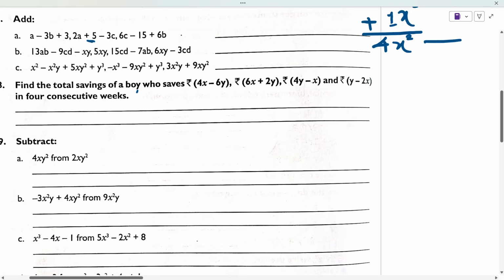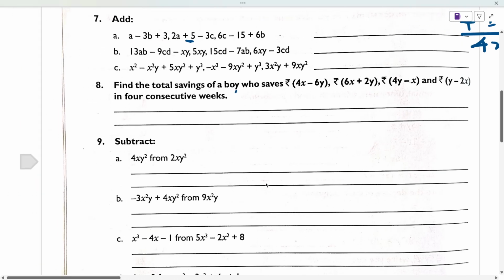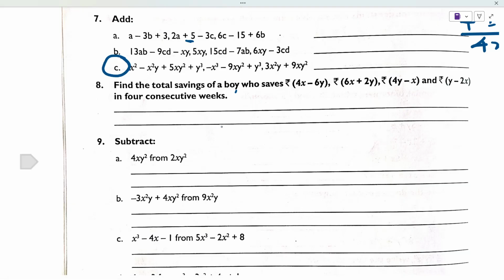So next part, if you want you can go with part C, because there are powers and maybe you may find it complicated, just a hunch. So let's see part C, question number 7, part C. That is quite thick, let me adjust the thickness of the marker. Fine. So we are having x square,